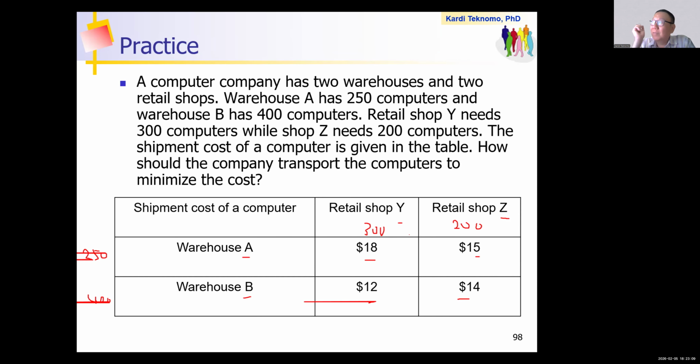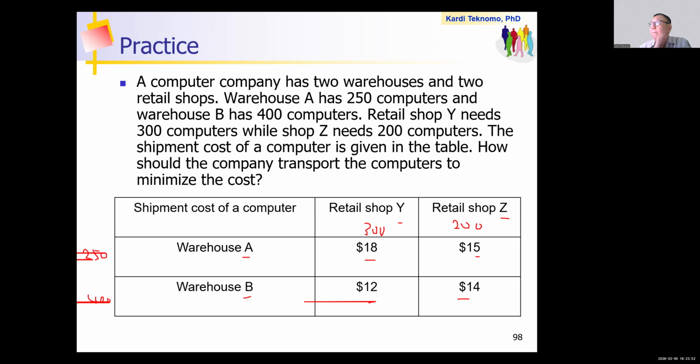What will be the decision variables? Anyone? Any idea? Yes, Paul.